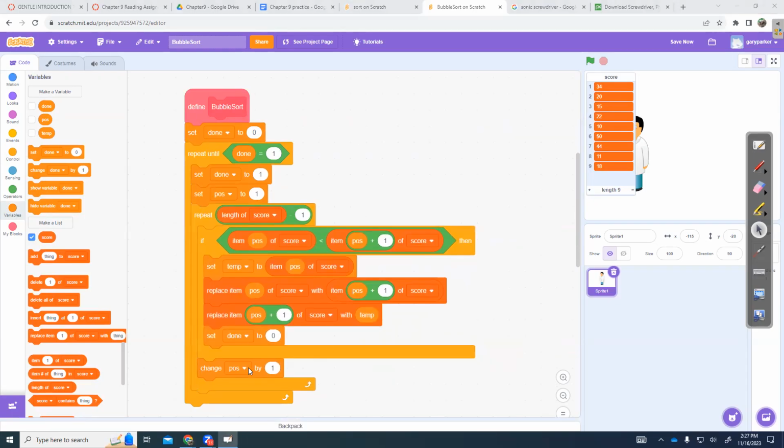Each time it does that, if it finds a swap, it puts done back at 0, so that when we finally go to the last pair and get to the outer repeat, done is still 0 because we just saw a swap and we're going to try again. And then it's going to keep doing that. Finally, at some point, like in my example,